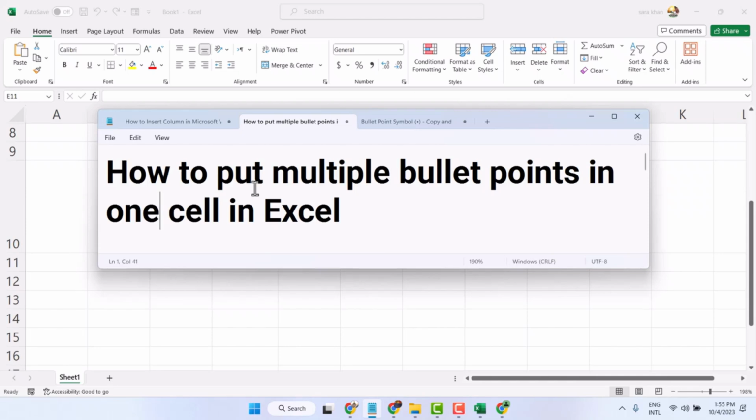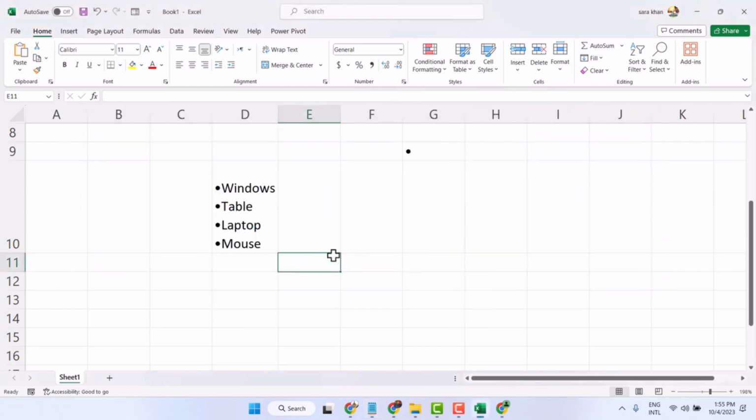Hello guys, in this video I will show you how to insert multiple bullet points in one cell in Excel like this. So we have this one cell and we have multiple bullet points. So there are two methods. One method uses a shortcut,